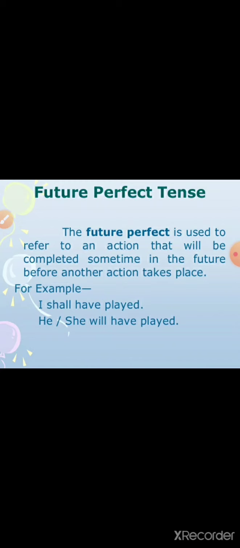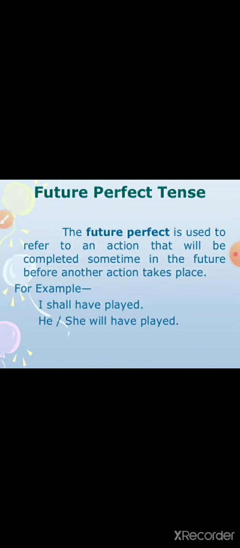What is this future perfect tense? The future perfect is used to refer to an action that will be completed sometime in the future before another action takes place. So future perfect tense, it expresses an action that will occur in future before another action or time in future. तो